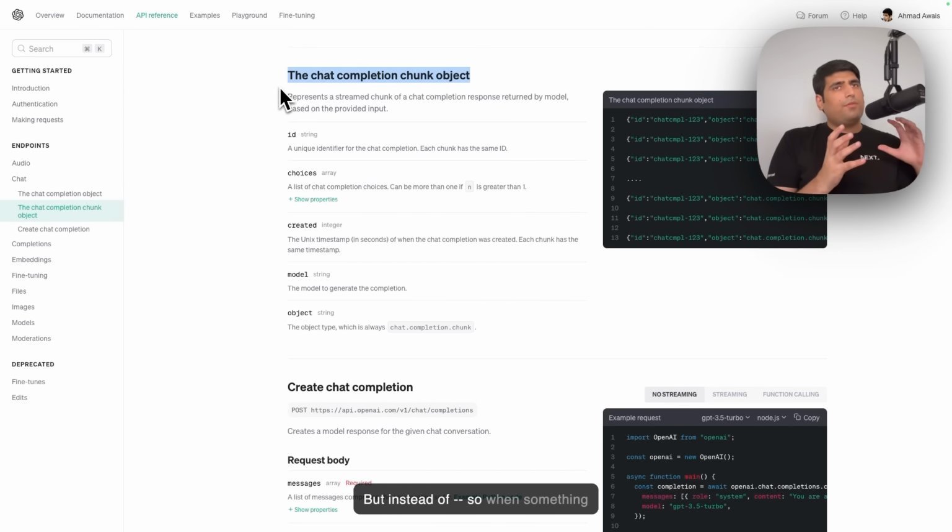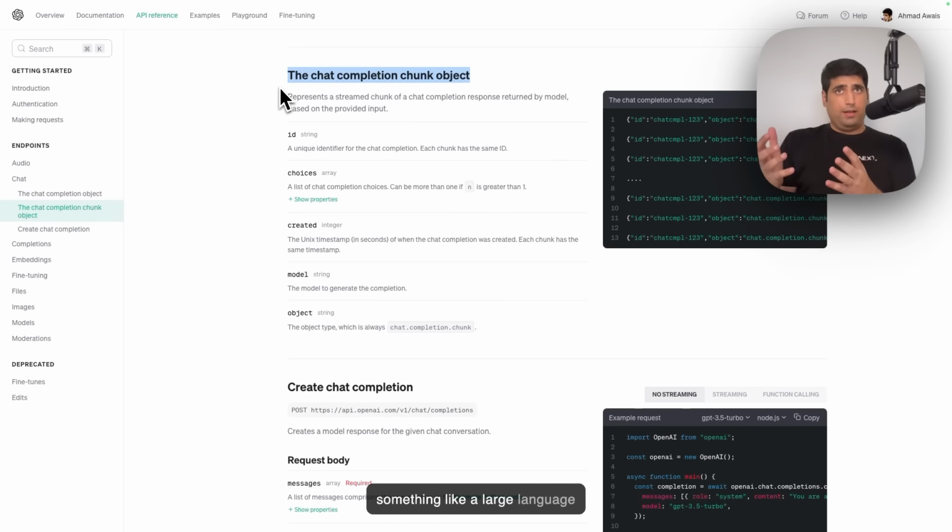But when something like this AI inference is happening, something like a large language model is generating text for you, you can choose to wait while that generation completes, which could take, I don't know, anywhere from 10 to 40 seconds. Or since it is generating that text, you can start streaming that AI inference, that response, that text.